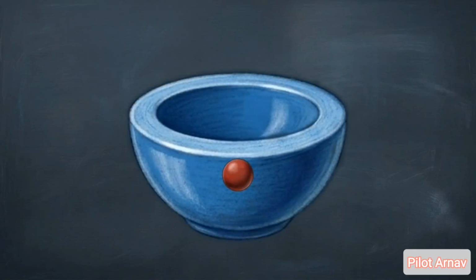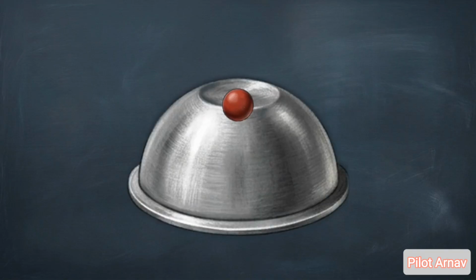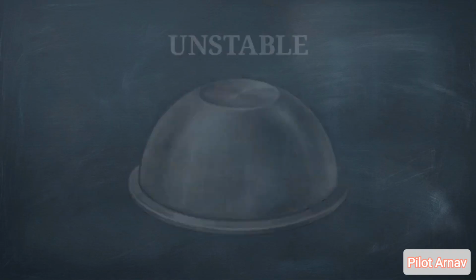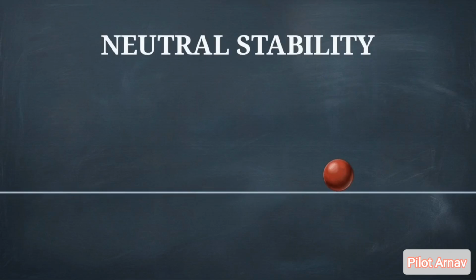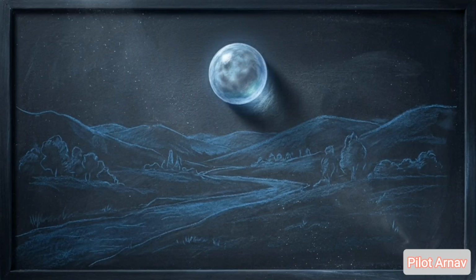Consider a ball in an upright bowl. Push it, and gravity pulls it right back to the center. That is a stable state. Place that exact same ball on an inverted bowl, give it a nudge, and it accelerates away. That is unstable. On a flat surface, the ball simply stays where it stops. That is neutral stability. In aviation weather, the bowl is the surrounding atmospheric environment, and the ball is a localized,